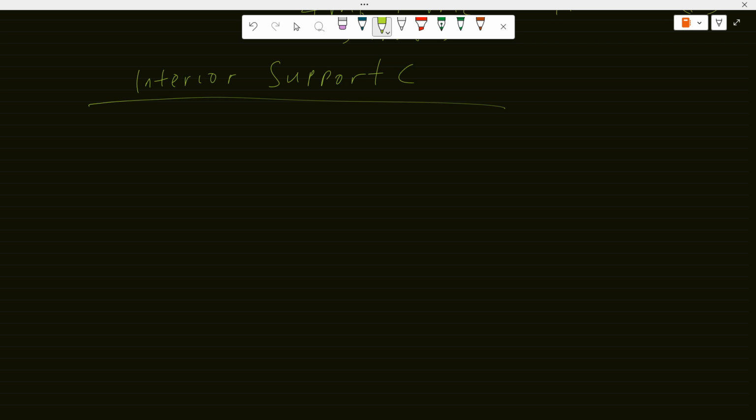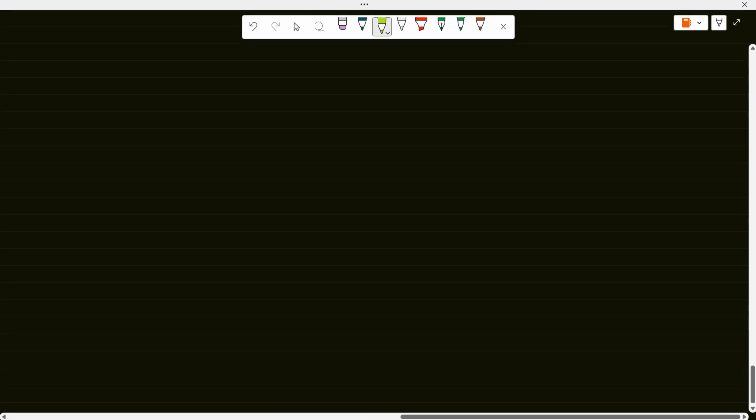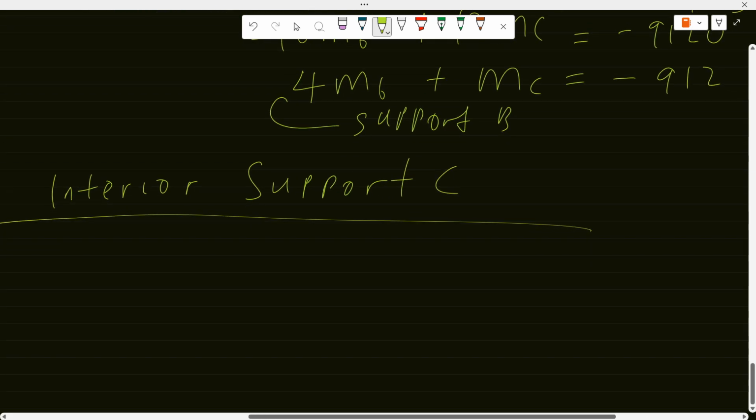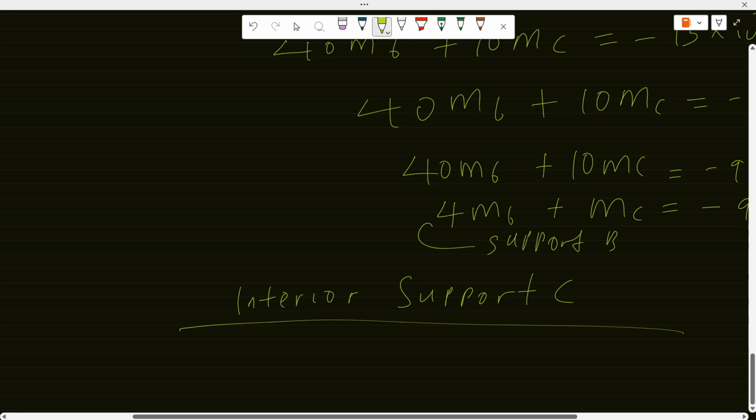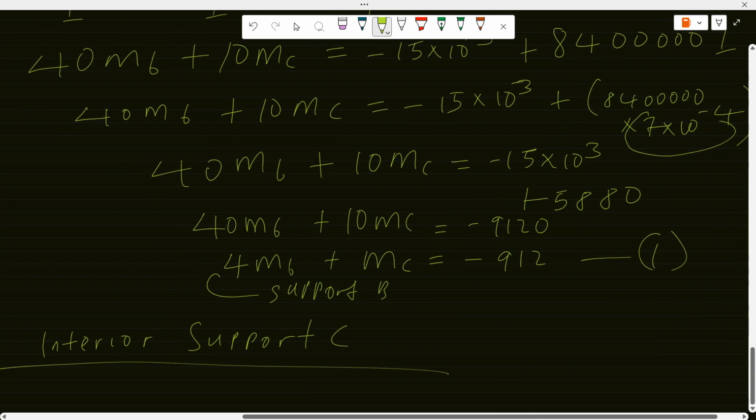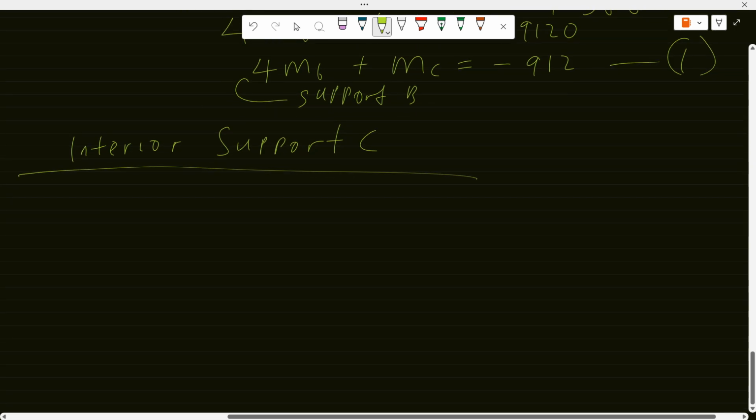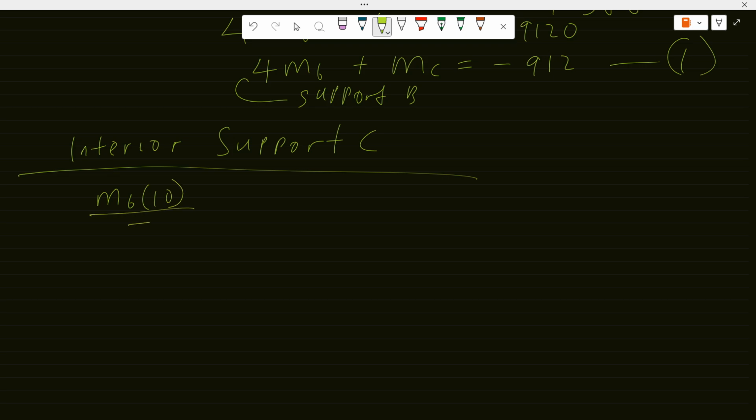So when we apply the 3 moments equation to our interior support C, we're going to be having MB, using the same steps above, that is ML over I, plus 2MC, that is 10 over I plus 10 over I, since the two lengths are equal, plus MD over I,